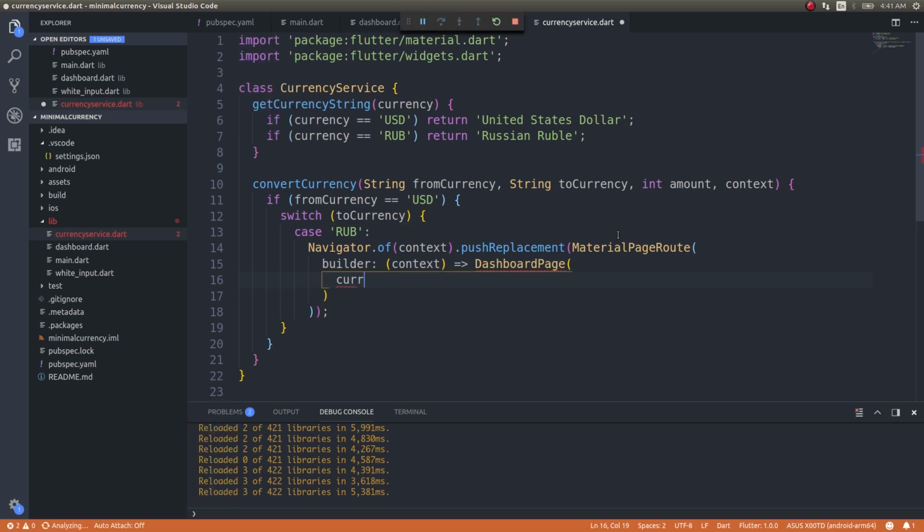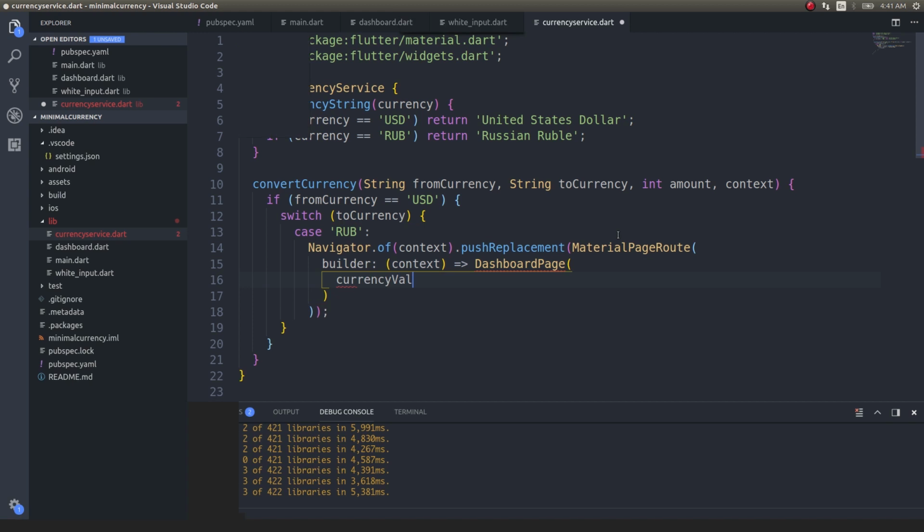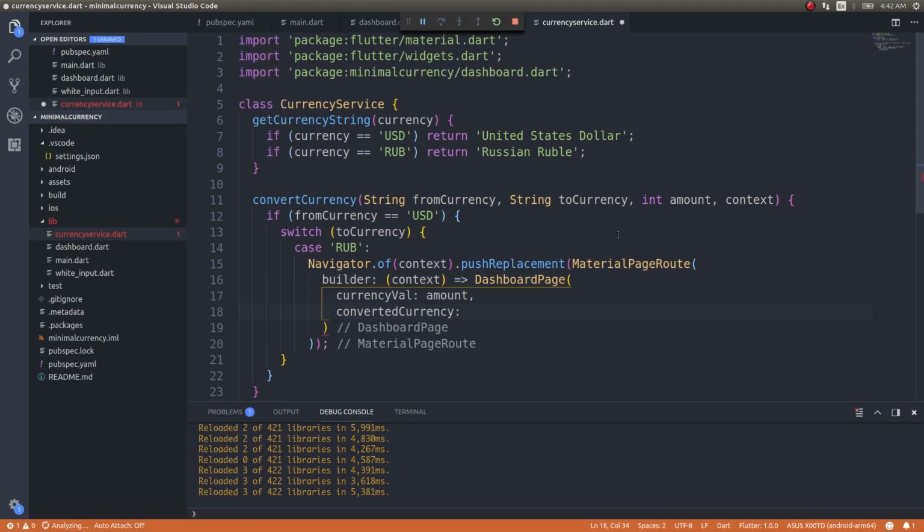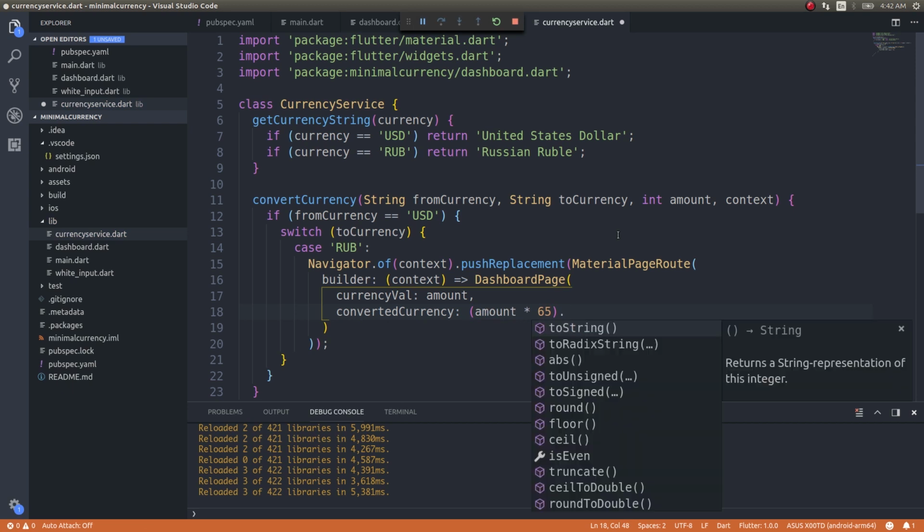First one, currency value will be the amount that the user entered, and converted currency will be the... why is this not triggering the IntelliSense? Probably I need to import this. Converted currency will be amount multiplied by 65 dot round to double,